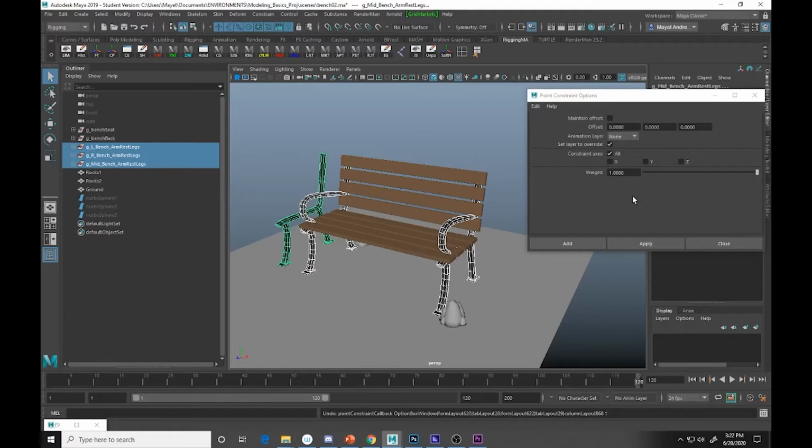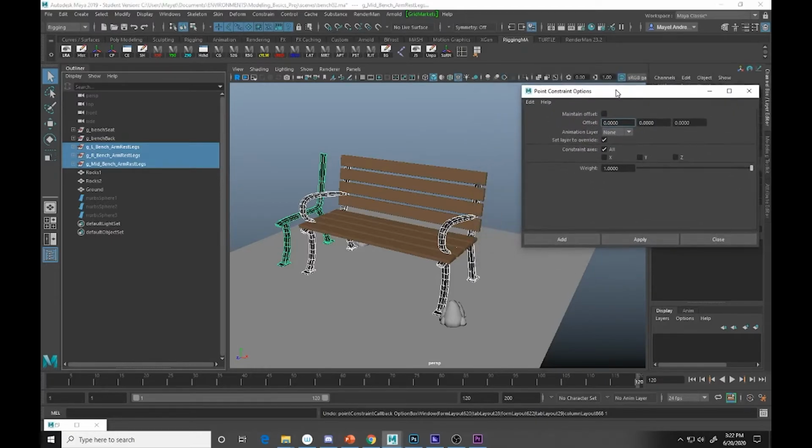So I'm going to undo this, and this time I'll select everything again. So once again, we're selecting the two ends, and then we're selecting the middle armrest legs. But now in my point constraint options box, I am going to constrain this in the X direction because I want it just to move in the X. So to do that, instead of constraining all axes, we're just going to constrain the X axis. We're going to point the middle legs in between the two outer legs in the X axis only,